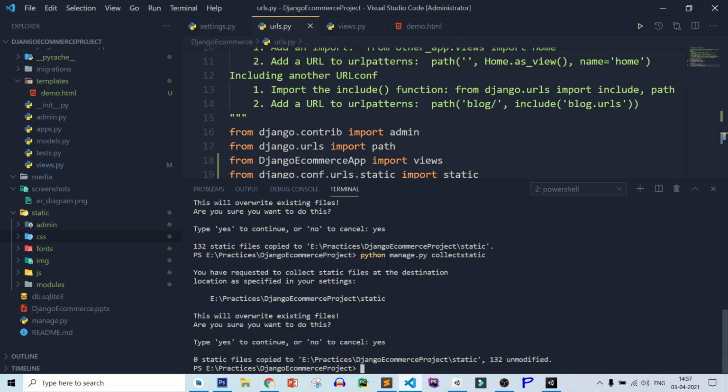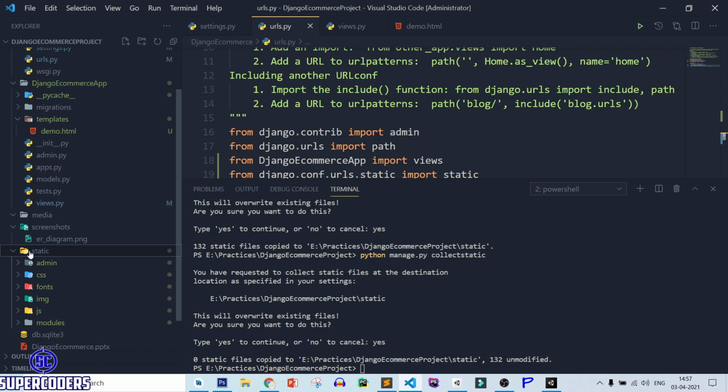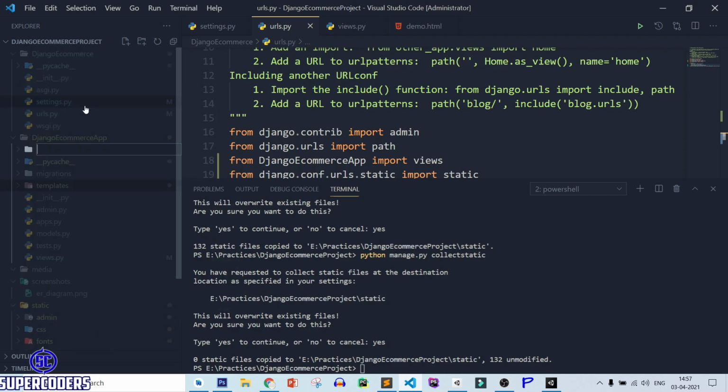Back to VS Code. If it is still not working, try to copy all the contents. So select all the contents, copy the files, and here in the app create a new folder, static.